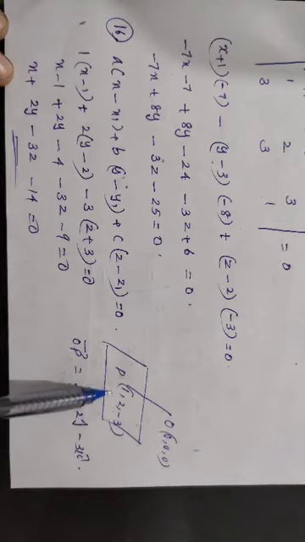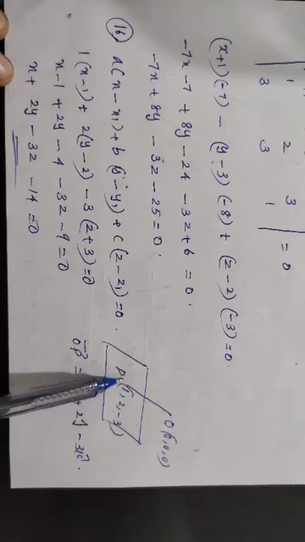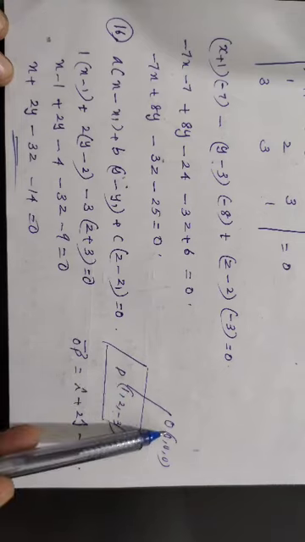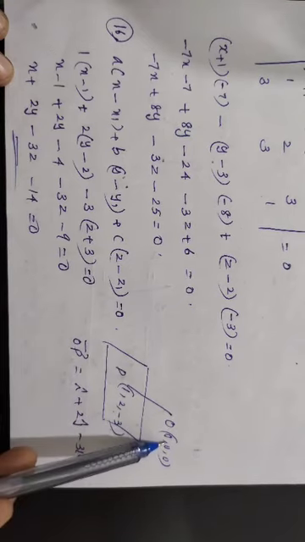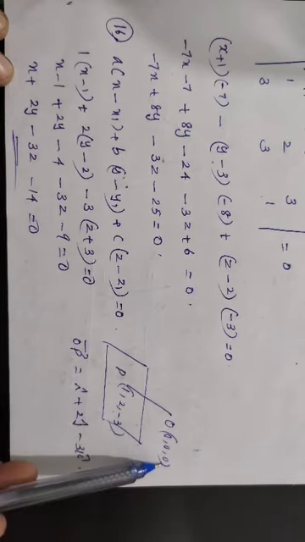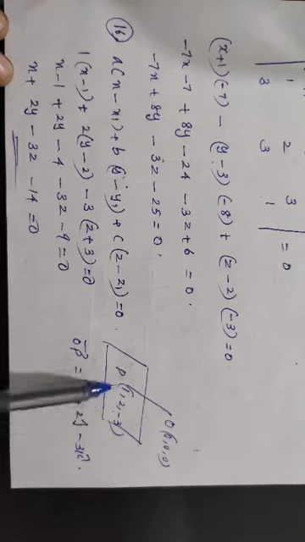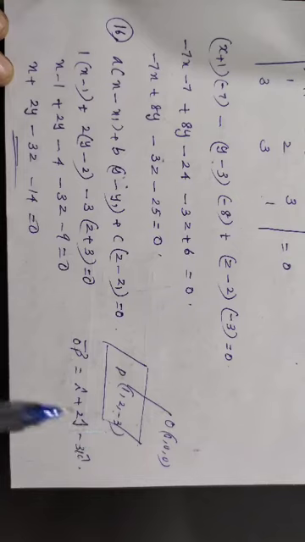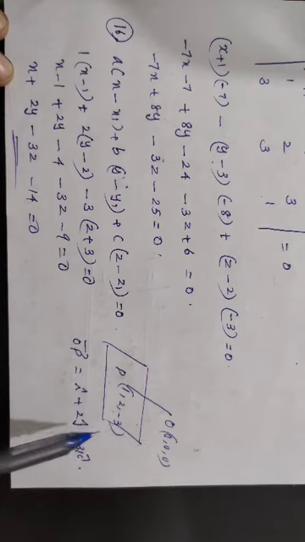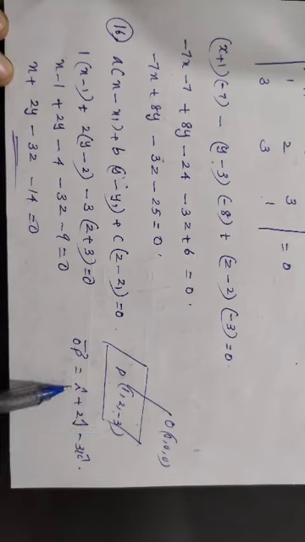Then next we need the perpendicular vector. The perpendicular vector here is OP. If 2 points are given, how will you find the vector? It is x2 minus x1 into i plus y2 minus y1 into j plus z2 minus z1 into k. We got the point P, 1, 2, minus 3, that lies on the plane, x1, y1, z1. We can find the perpendicular vector OP, that is 1 minus 0 i, 2 minus 0 j, minus 3 minus 0 k.